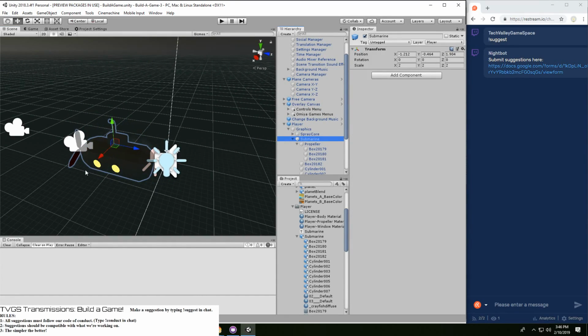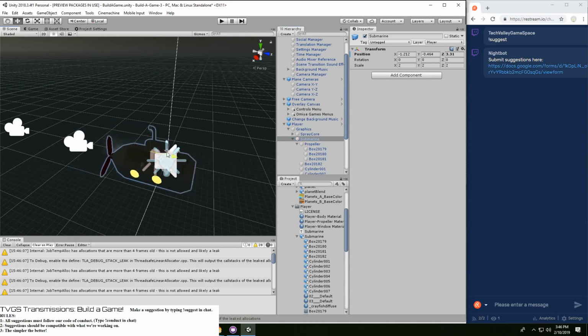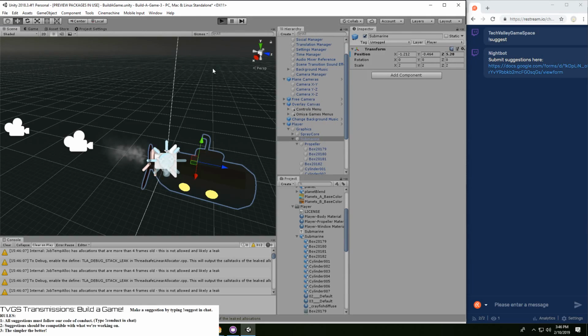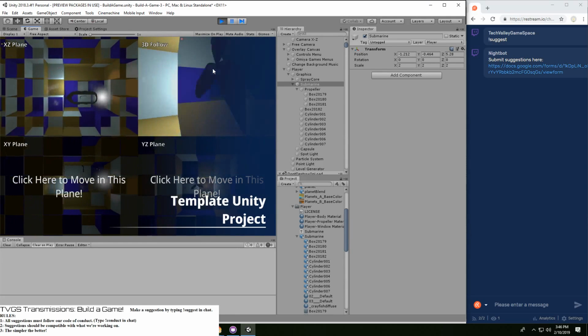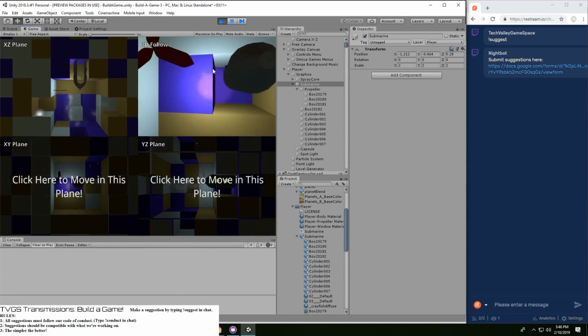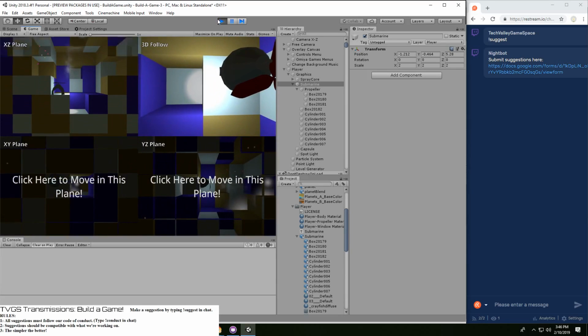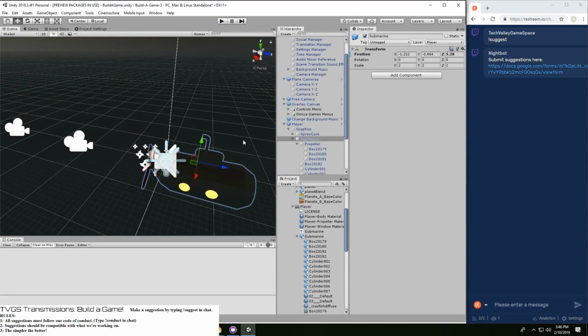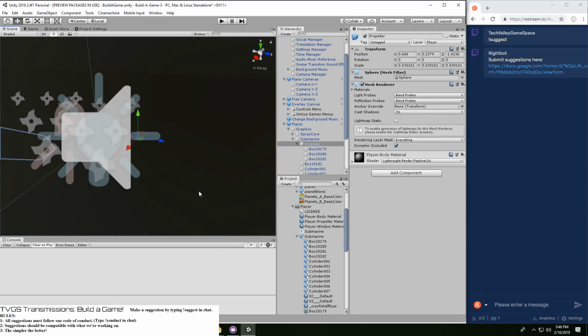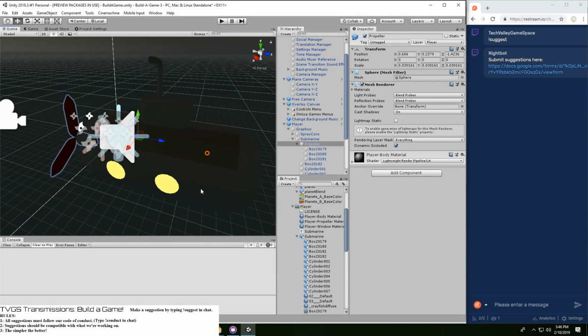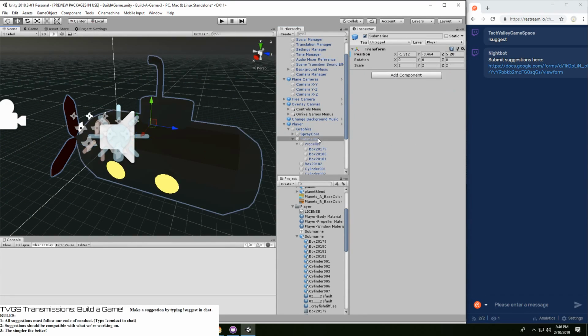I think the whole submarine is not quite at the right position. So let's try that. Alright, so it kind of worked. Even the propellers are all over the place.